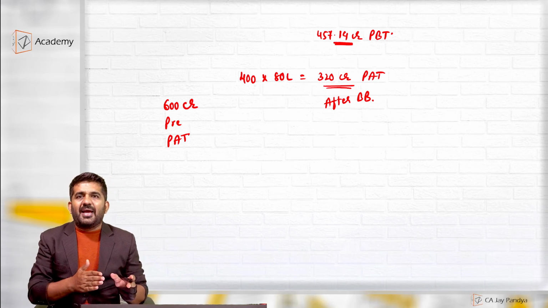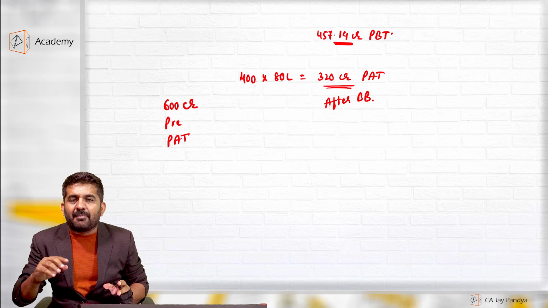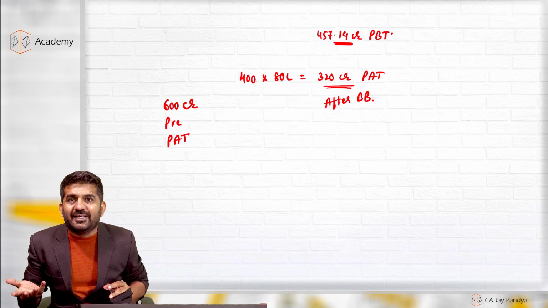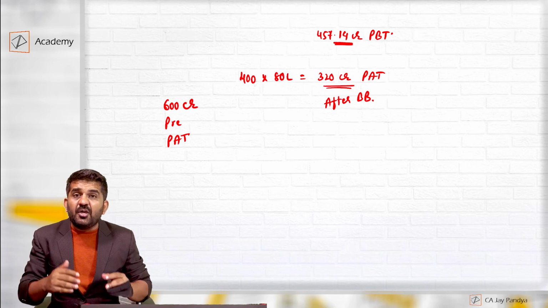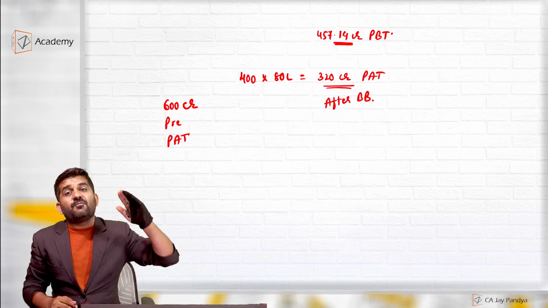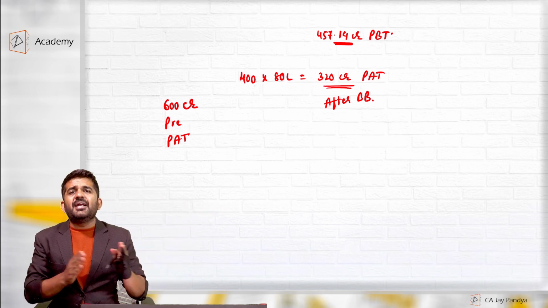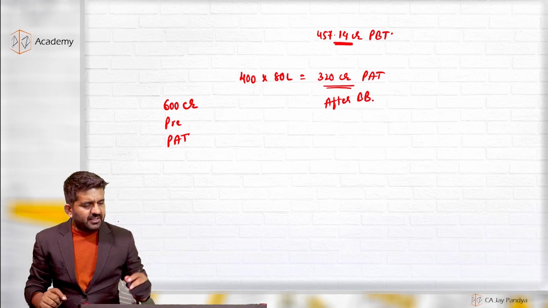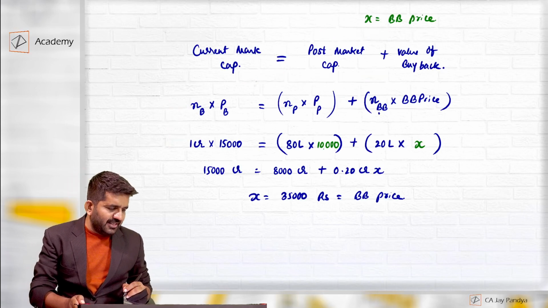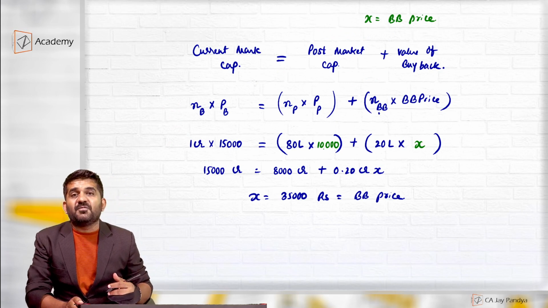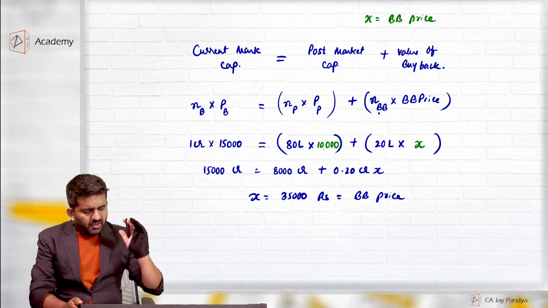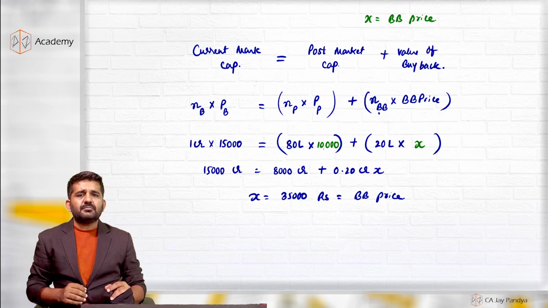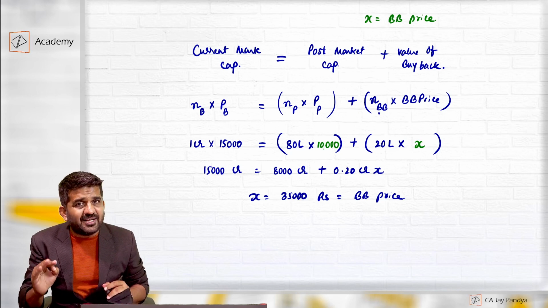Just because of buyback, your earnings per share might decrease or increase, but your total earnings will not decrease drastically. Your cash reserve will decrease. If you are borrowing a loan and paying interest, your future earnings will decrease. But immediately after buyback, the total earnings will not decrease. So this is just my opinion that this question practically is incorrect, or some figures are missing, or some figures are additionally given.